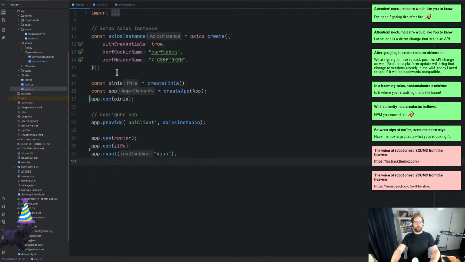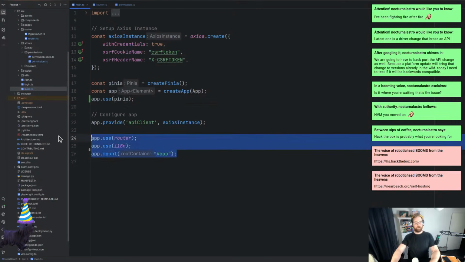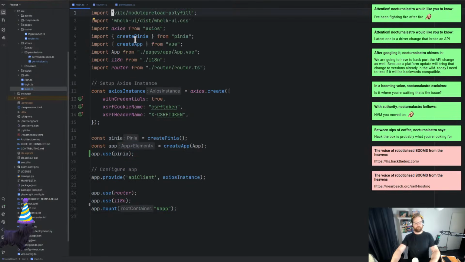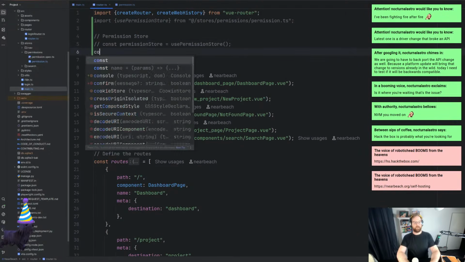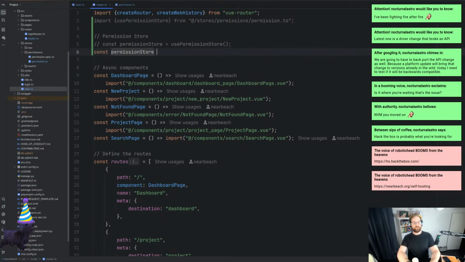Yep. All right. That way, hopefully that works. And then the router, what we can do is const permission store equals use permission store,